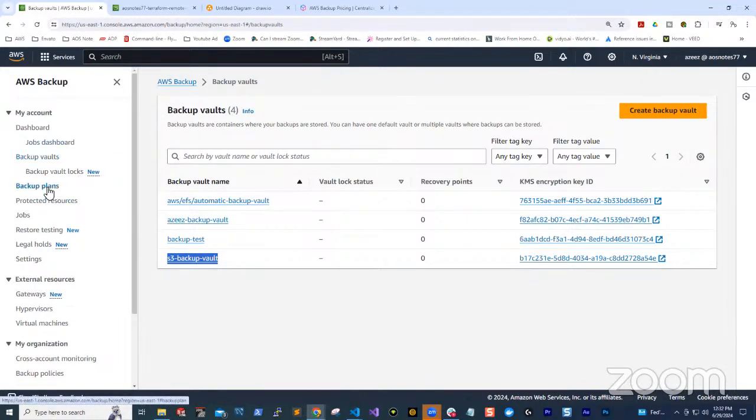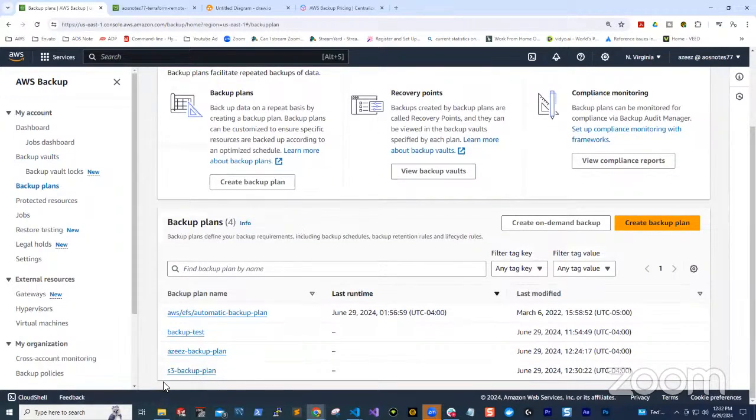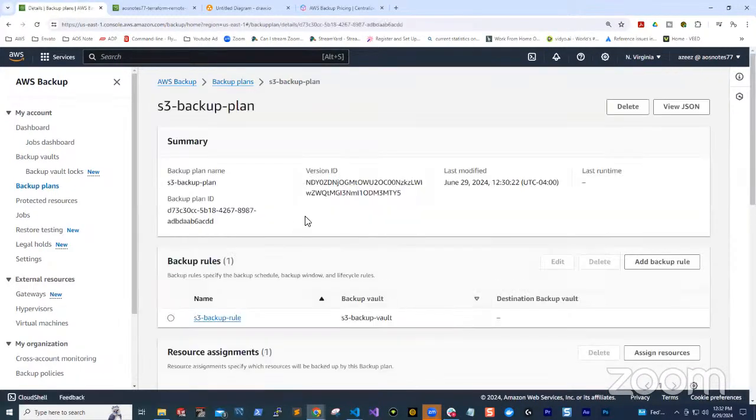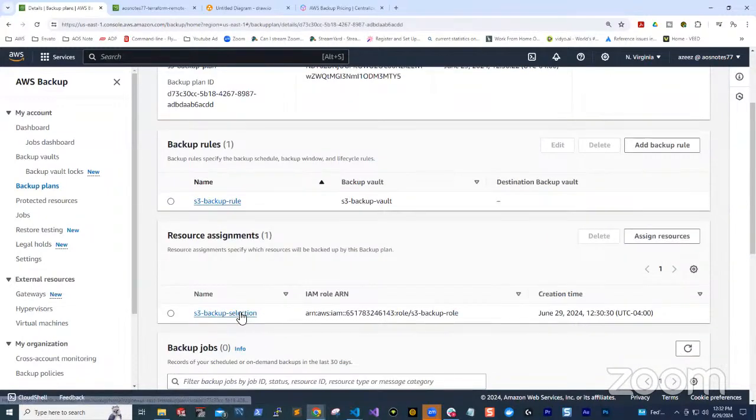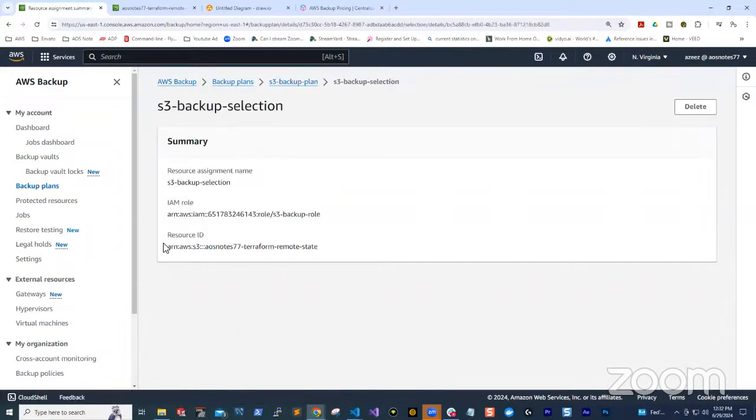If we look at the backup plan, there's the backup plan for the S3 resource. If you select it, here you can see the backup rule and the backup selection, which has my S3 bucket in it. That's pretty much what I wanted to show you guys on AWS Backup,